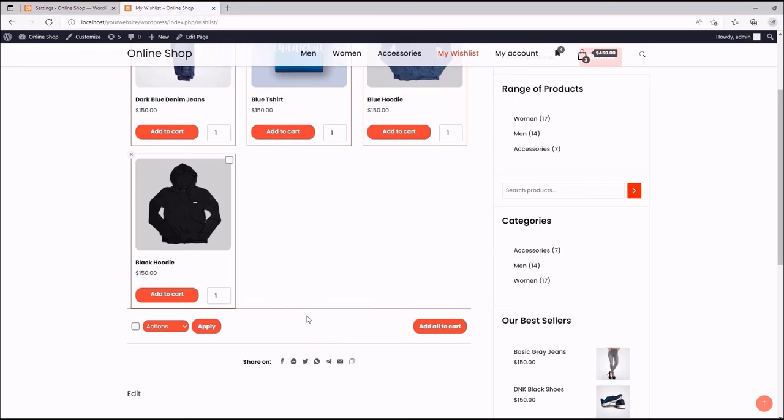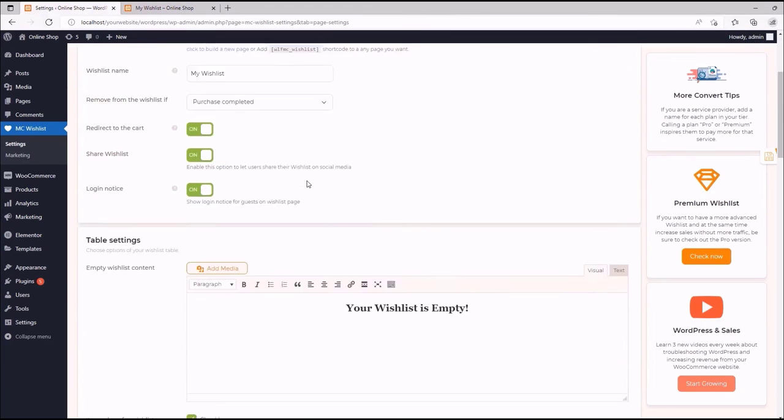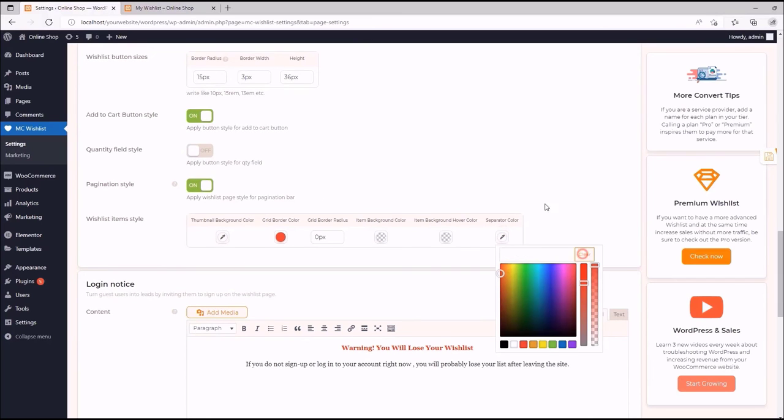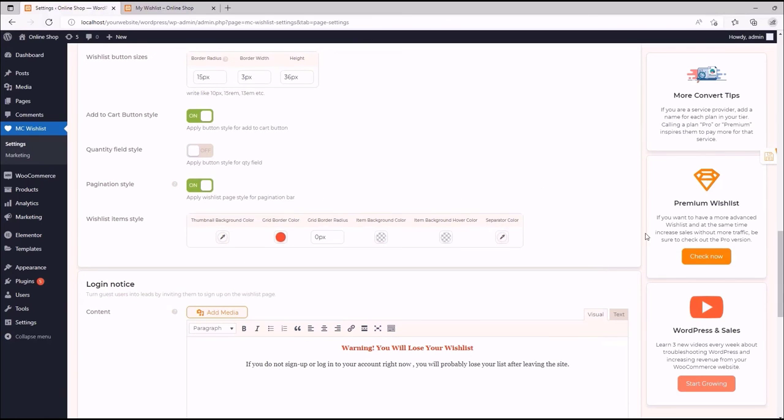Here you can see the separator is turned on, but I think we should remove it, because the border and the separator overlap and it may show a bad display for the wishlist table. So let's turn off the separator for the grid mode. It's okay. Let's go to the